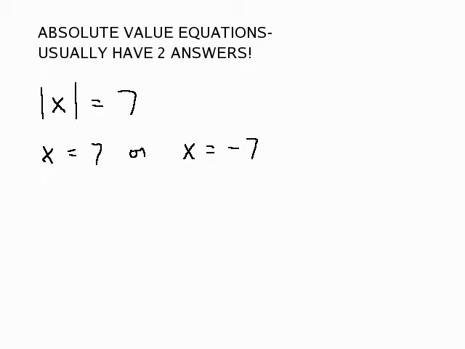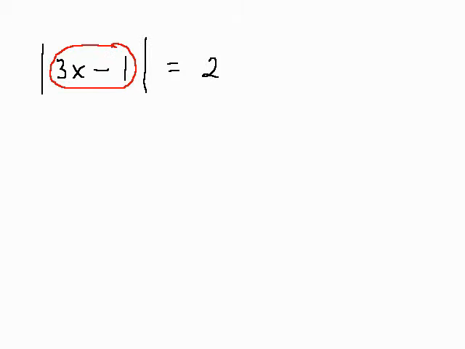All right, now let's try one that's got a little more on it here. How about the absolute value of 3x minus 1 equals 2? To solve this, even though this has got more inside the absolute value, what I tell a lot of students is, don't mess with what's in here. I'm going to actually put that here. You know, we professors, we put these complex notes here. I'm going to put, don't ever mess with what's inside the absolute value.